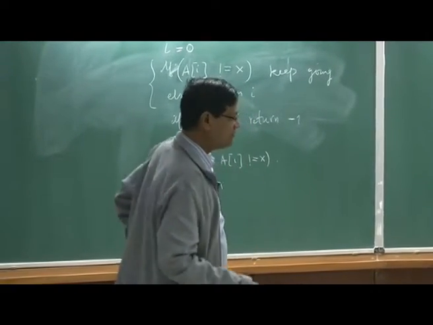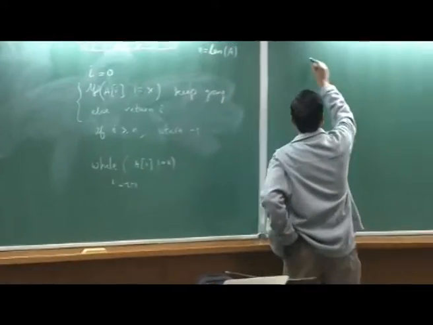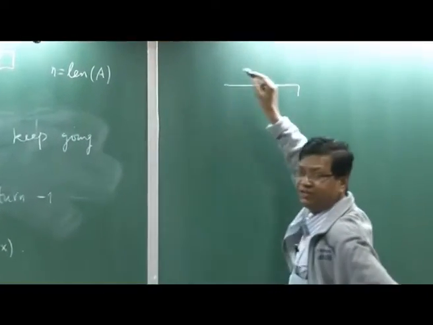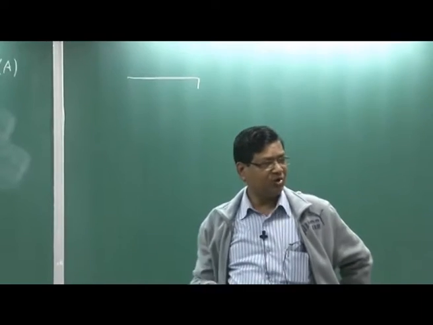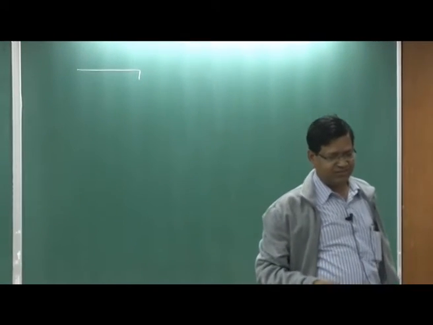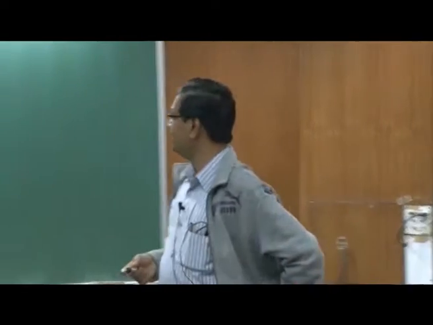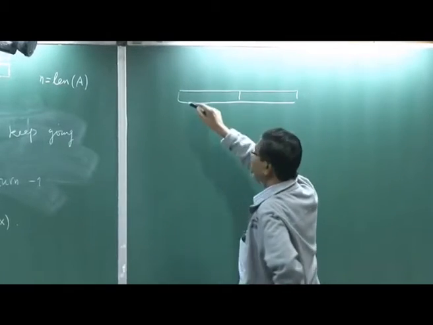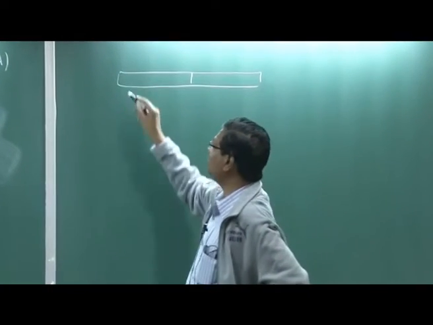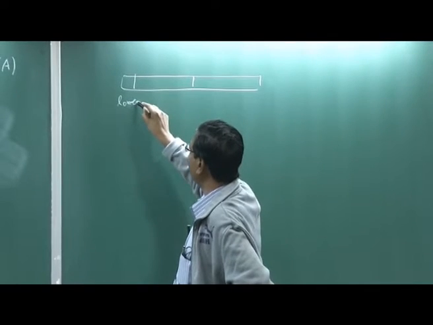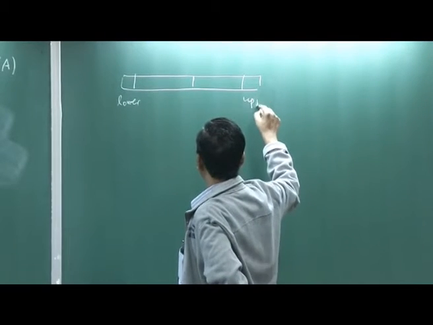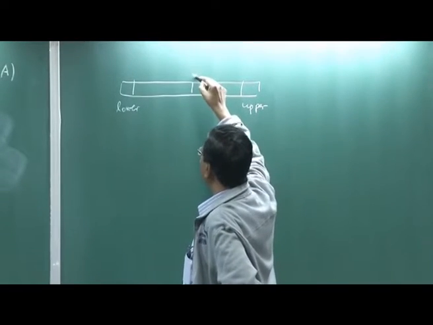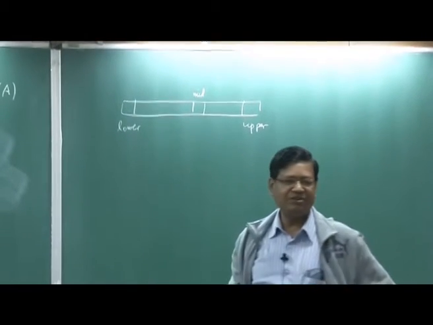This code can be easily written. The idea is that it is a sorted array. Sorting is a very important algorithm in computer science and also in daily life. You sort so that searching is faster. And how do I do fast search? If my array is in increasing order, this is my lower variable and this is my upper variable, and we define a mid, which is the average of the two.